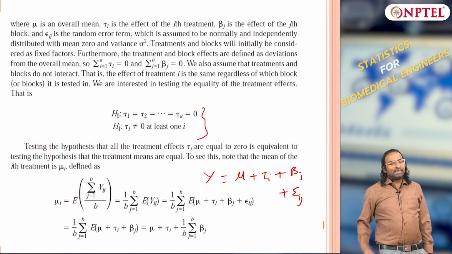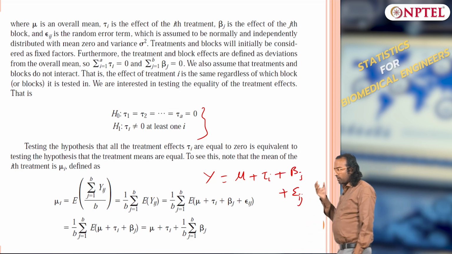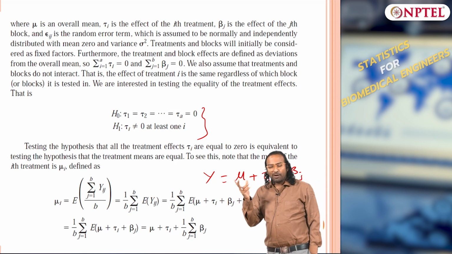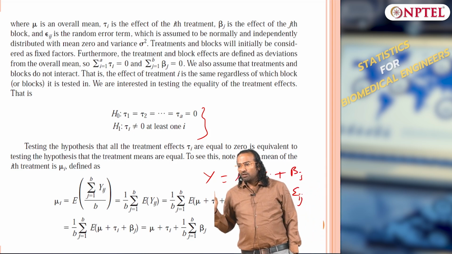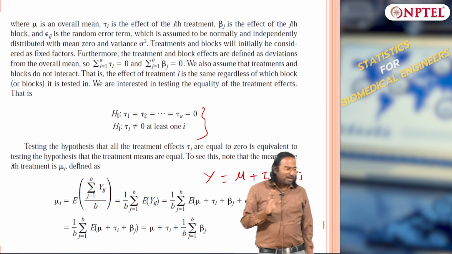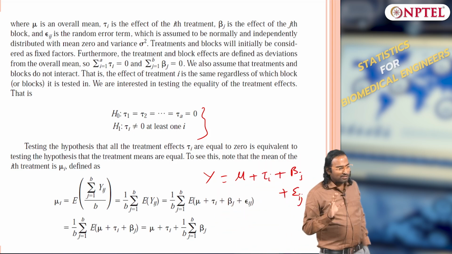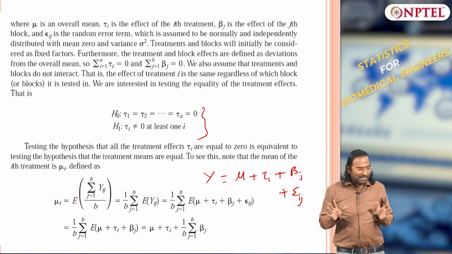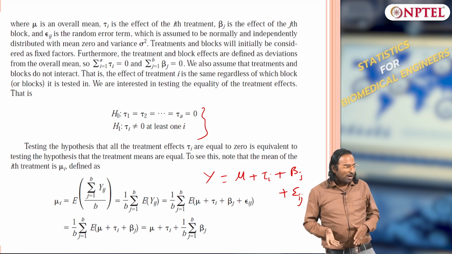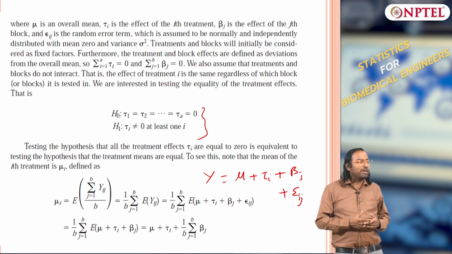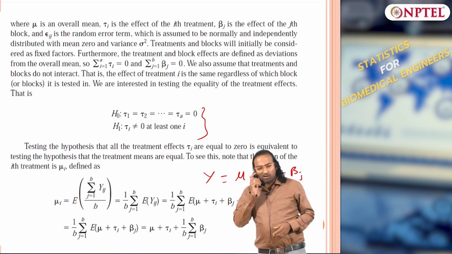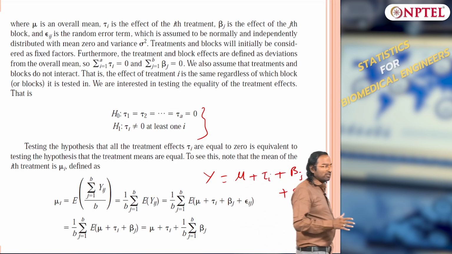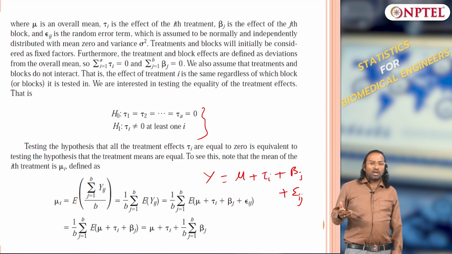So in what I call the ANOVA part, I have added one more term, beta j, in the ANOVA model, okay. So that is my model, that is the way I believe that the output is generated. I am not going to model noise, but I am assuming this is the way the output is composed of: a linear combination of a constant term plus tau i plus beta j plus epsilon ij.